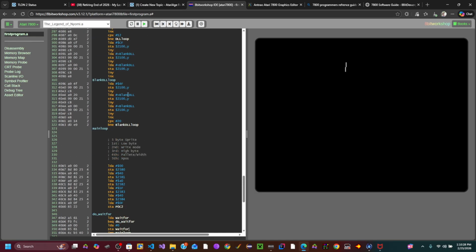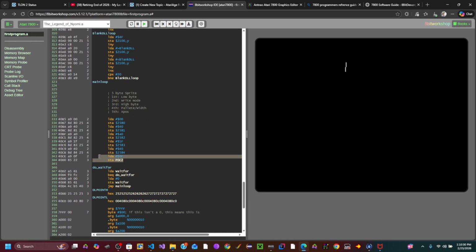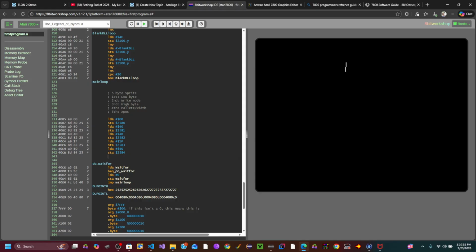And if it does, then this code runs. So now we're doing it once per frame, and if everything's working, and you insert this code,